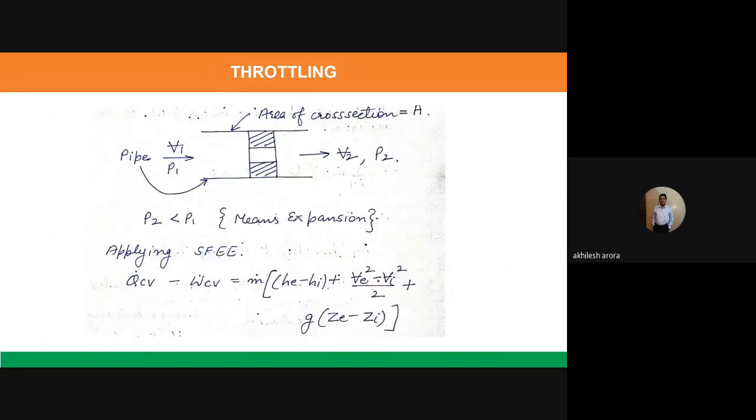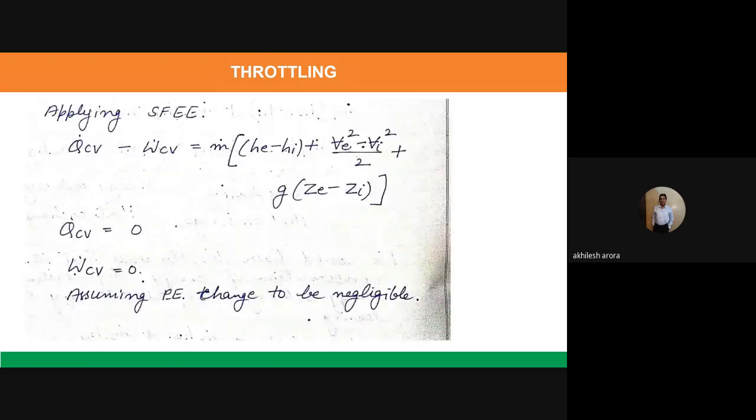Once again, this is the same diagram which we have drawn here. This is the steady flow energy equation: QCV minus WCV equals m dot times the change in enthalpy, plus the kinetic energy term, and the potential energy term. You can see here, because it's a simple case of one inlet and one outlet, we have not taken the summation over the different streams. I hope this is clear to you. Let us proceed further now.